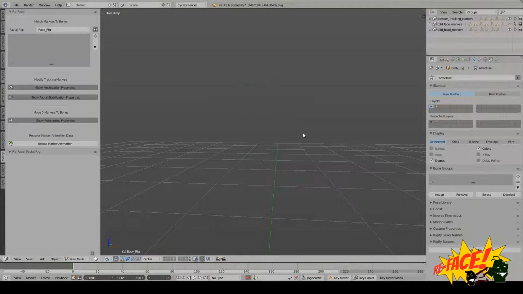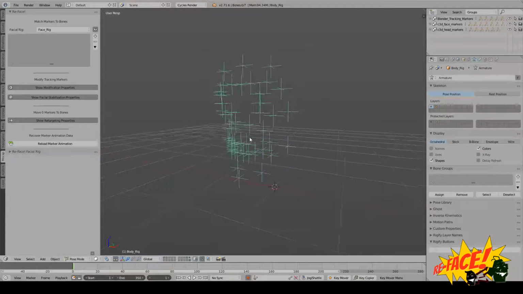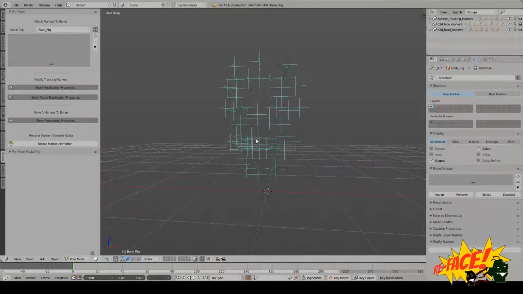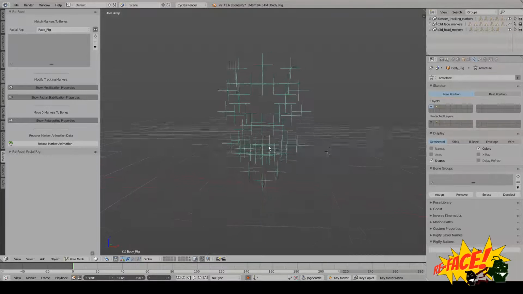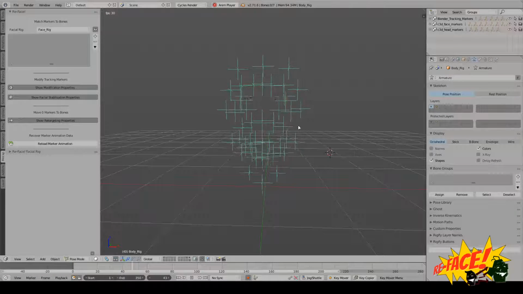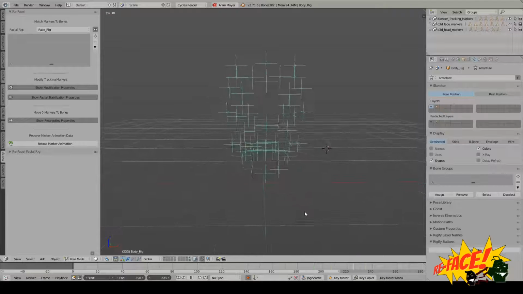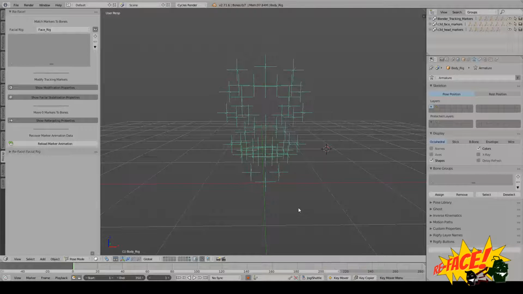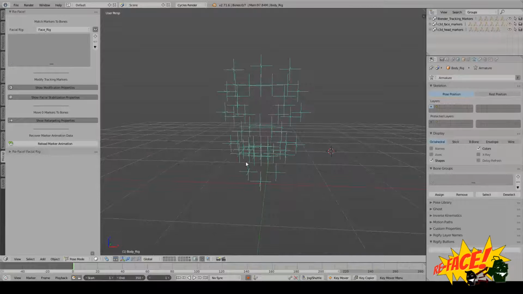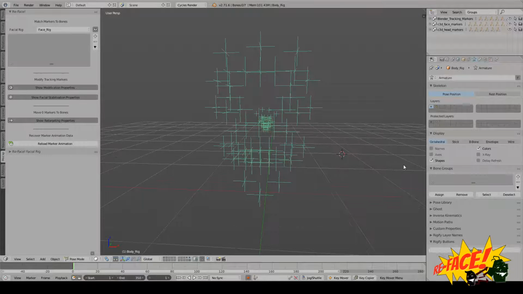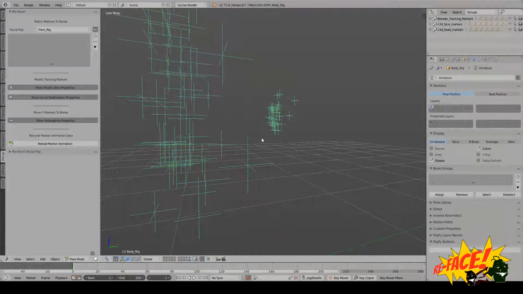Now I'm going to call this the 10th layer, just for the sake of this tutorial. On the 10th layer, I have a lot of facial motion capture markers here, and this was actually recorded and captured with Blender's tracking tools, and this is my own performance here. So this has no global motion in it. This has no head motion, and we're going to be taking a look at the difference in just a little bit, because this is part of the retargeting process, and I have some tools to make it easier to get rid of this global head motion in this set of markers. So let me go back to the first layer,